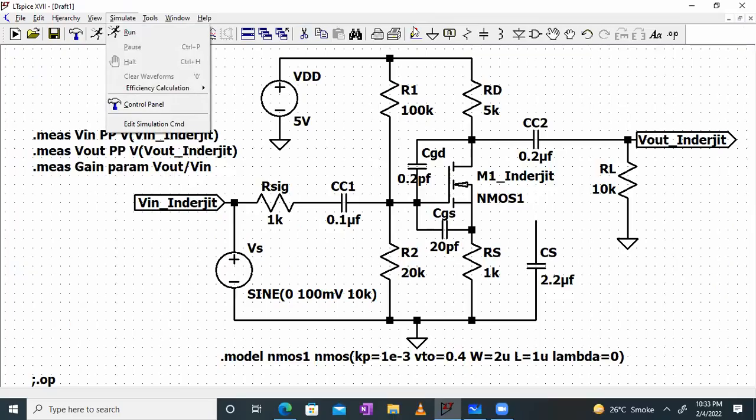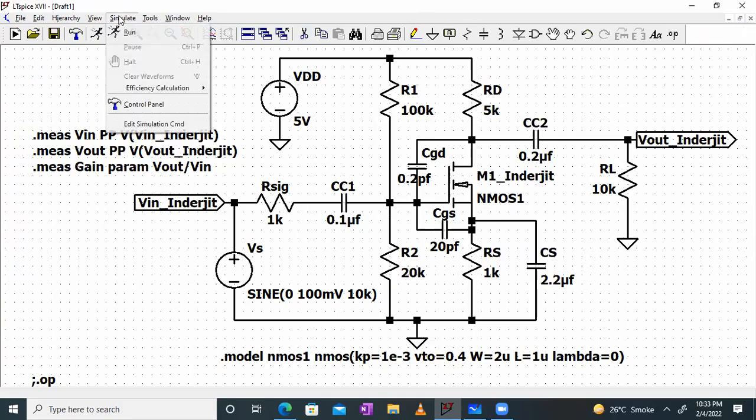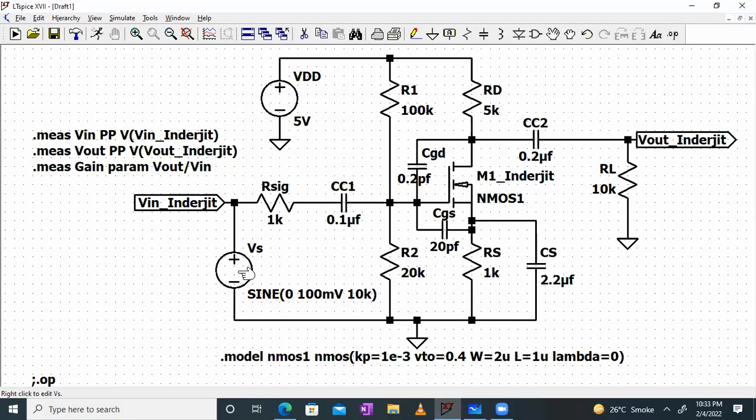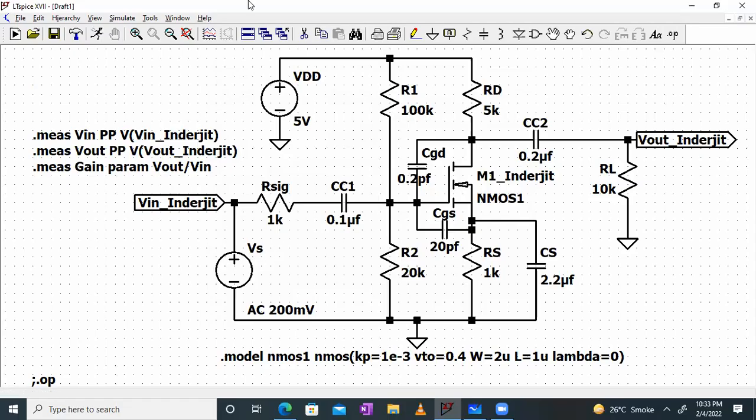And I also have to put back the value of the capacitor. So the capacitor is back in the circuit, the bypass capacitor. I'll quickly simulate, click on run, AC analysis, type of sweep will be decade, okay, fine. I have to change this input also. So for this input, instead of sine, I'll keep it none. And AC amplitude, I will give it around 200 millivolt. That's the peak to peak value. Fine. And now I can go to simulate, click on run,